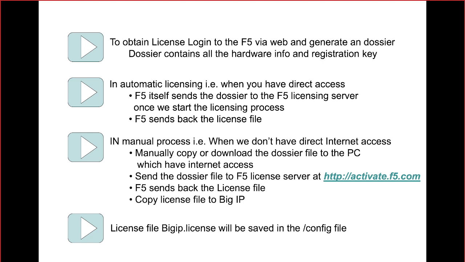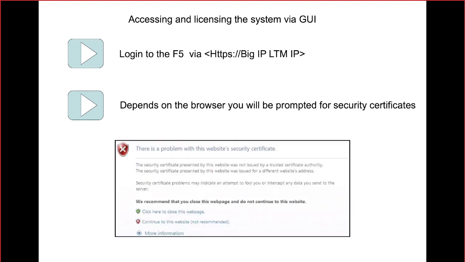For the manual method, you just need to use a PC which has internet access, from where you can establish the management communication. Then you enter the registration key, and that gives you the dossier. That dossier is entered into your F5 box so that the box can be activated. Now this is how we were trying to access the appliance.